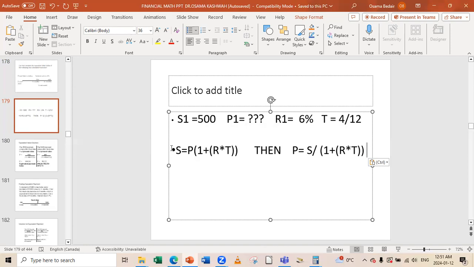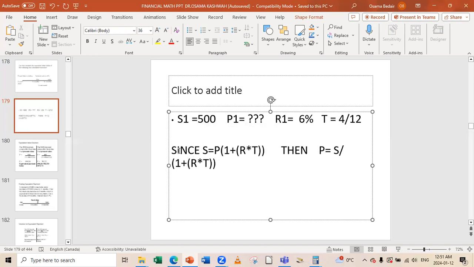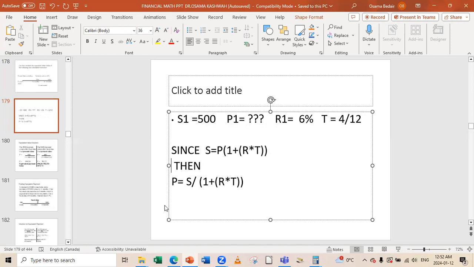Since S equals this amount, then P will equal, so we have to substitute now in the formula. We don't know the present value, we just want the present value. It will equal